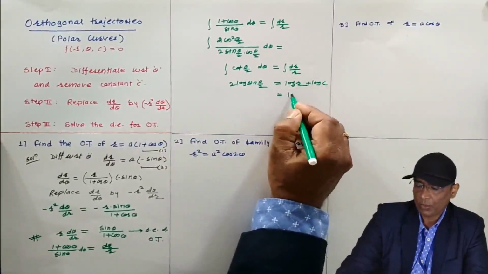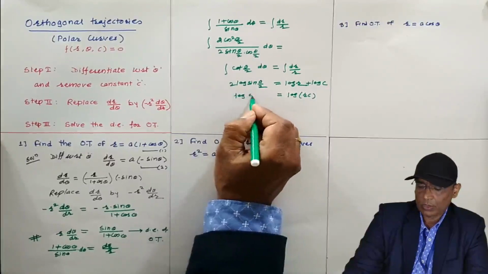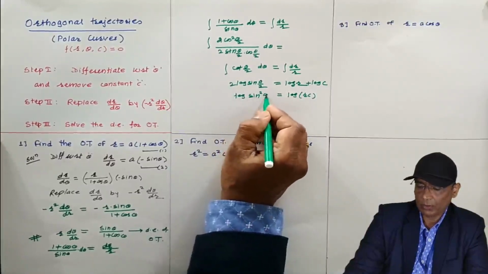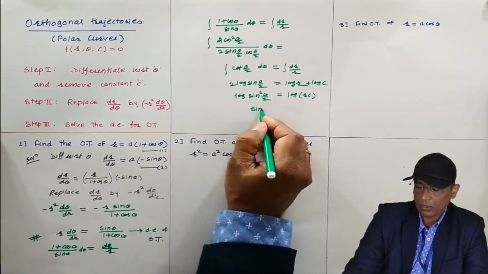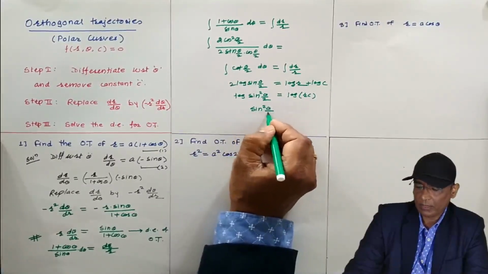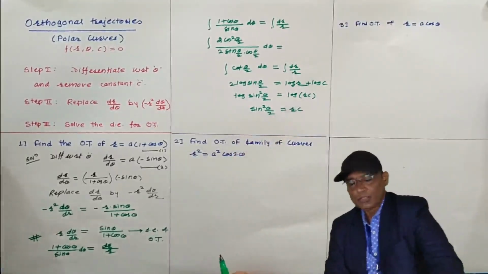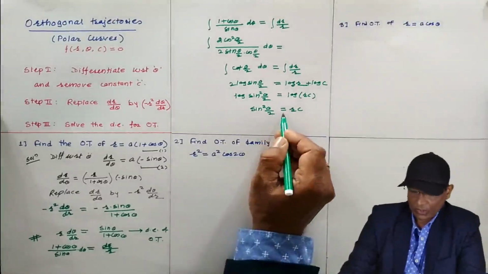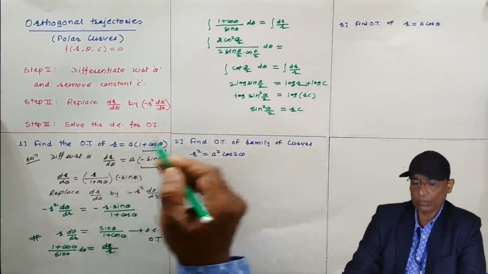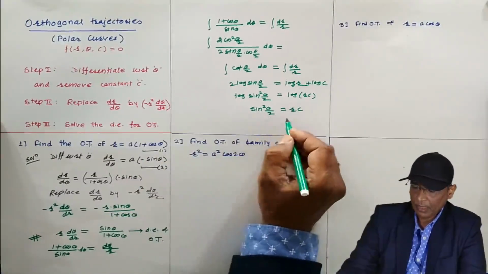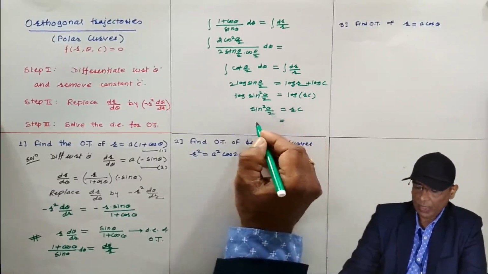The log of A plus log of B is log of A into B. So log of sine square theta by 2, by the law of logarithm, this 2 can be brought here, and log of left hand side equals log of right hand side, therefore... Okay, so they are orthogonal to this. So this is the orthogonal trajectory of this one, this is the orthogonal trajectory of this, and this is the orthogonal trajectory of this, vice versa. And in order to get the most simplified answer, this sine square theta by 2 can be written as